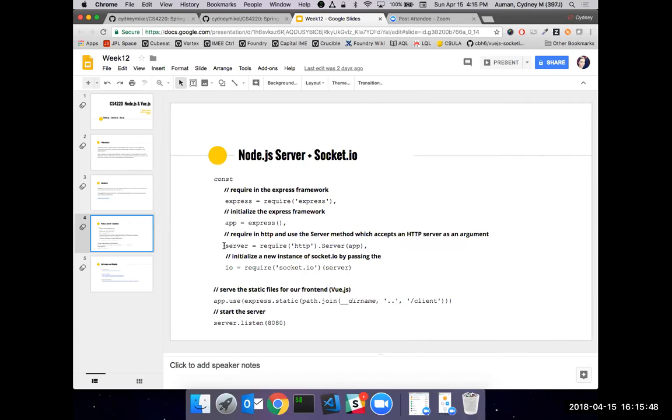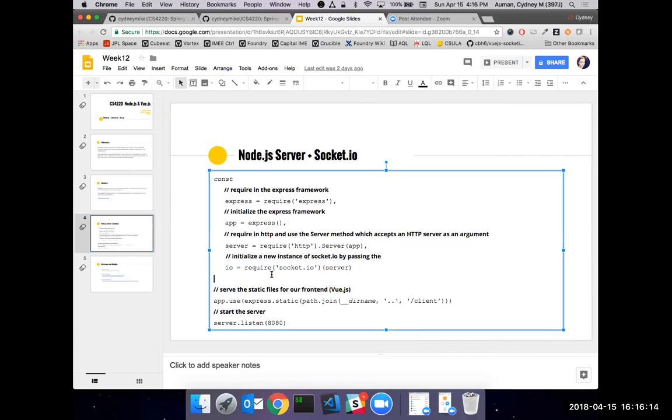If we were just to use line 3 here, we'll pretend it's line 3, and just build in this server, we wouldn't have all the power of Express behind it, right? We would just be stuck with this standard Node server. That's all we would have. So by requiring HTTP and passing in Express as the argument, we have now created an HTTP server backed with Express. And then this is our new code right here.